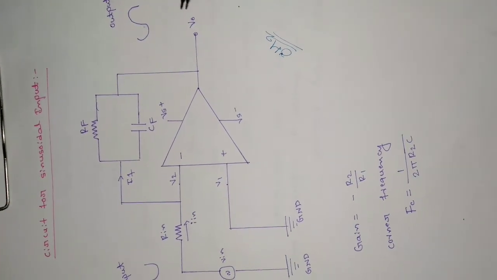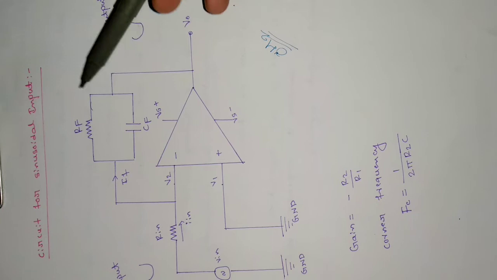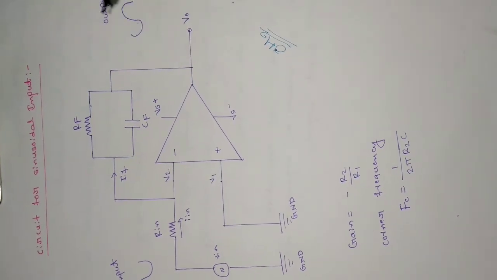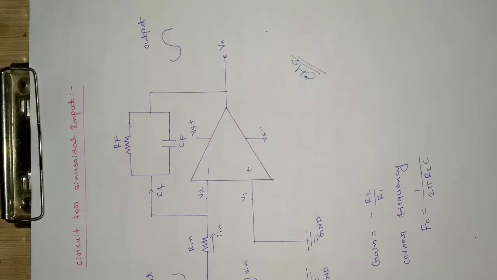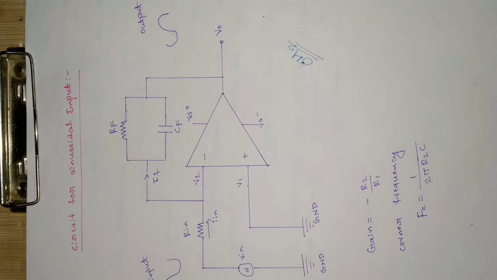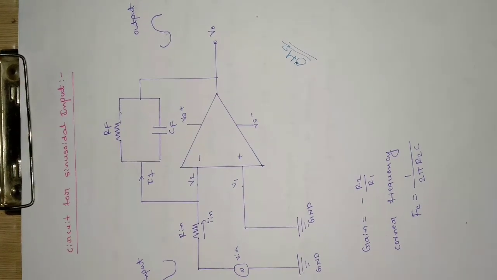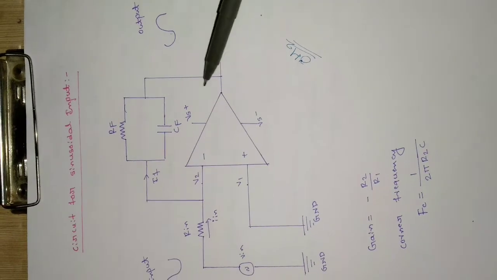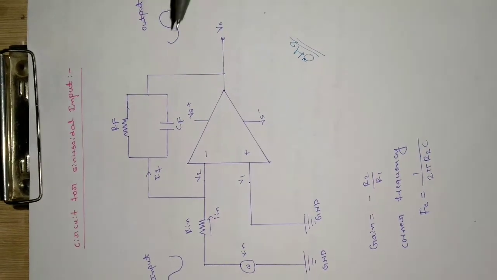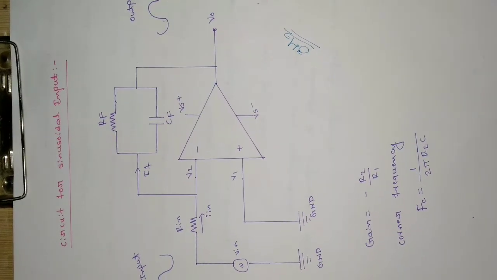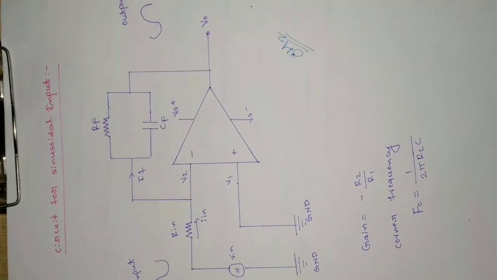So this is the drawback, and the reason why we should have a feedback resistor RF. At that time we are not able to control the gain. It is obvious that if you can't control the gain, then that operational amplifier is of no use. It can't be used in practical applications. So in order to have control over the gain, we need a resistor, that is the feedback resistor here, so that we can control the gain of the op amp.